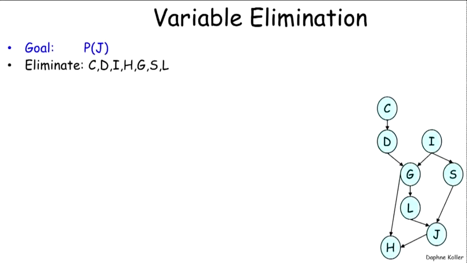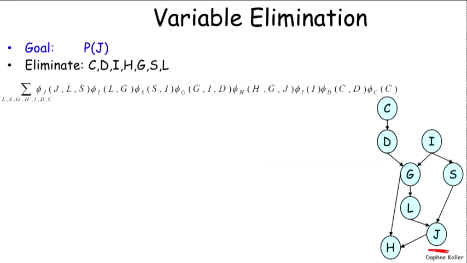So let's imagine that our goal is to compute the probability of a variable J, this one, and in order to do that, we're going to have to eliminate from the joint distribution all of the other variables except for J. So this is our expression, and note that we have this product of factors. I've taken already in this expression the factors that were the CPDs and turned them into factors so that we can have a consistent notation, and now we need to eliminate every one of the variables except for J. So we're going to start with eliminating the variable C first,